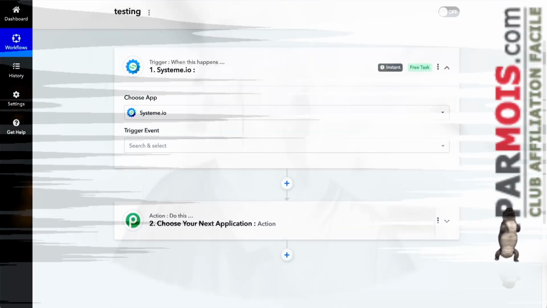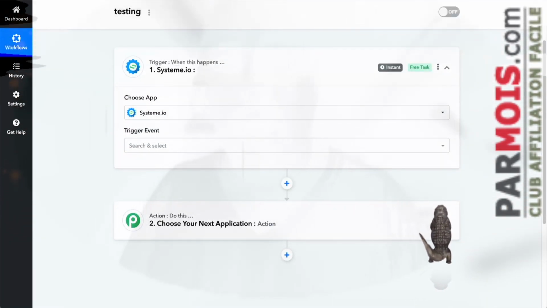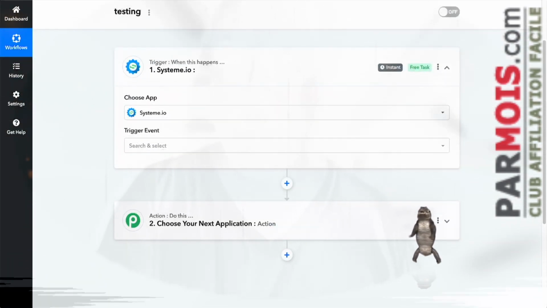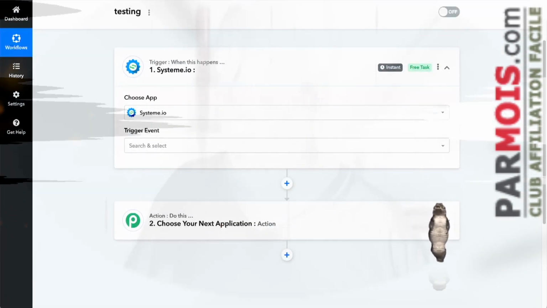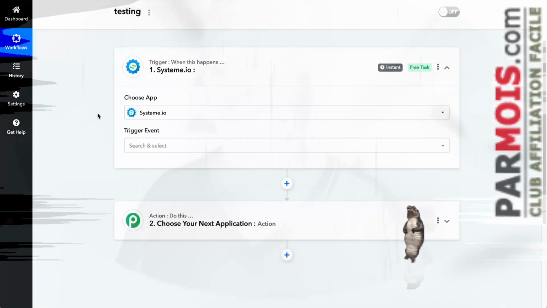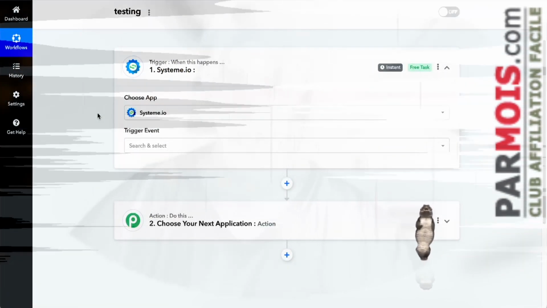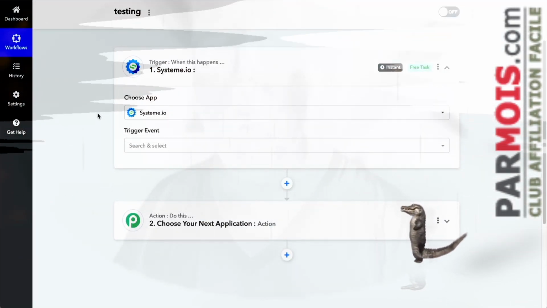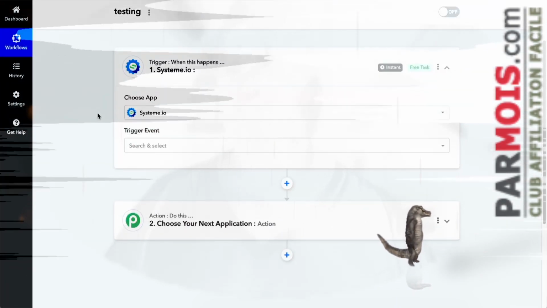Hello, this video is for Pabbly Connect users and those who also use System.io. As you know, System.io doesn't have an API and they made an integration only with Zapier. I've been waiting for an integration with Pabbly Connect, but it's not happening and they have not started to develop